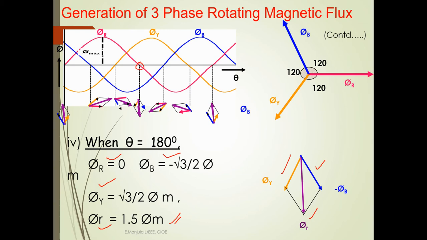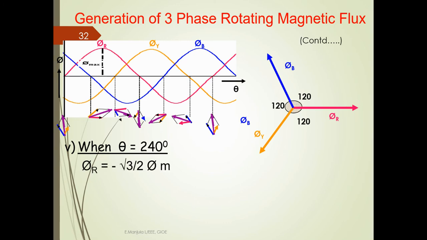Everywhere the resultant flux is 1 by 1.5 pi maximum, that is 3 by 2 pi maximum. Okay, fine. We will see at 240. What will be at 240? At 240 also